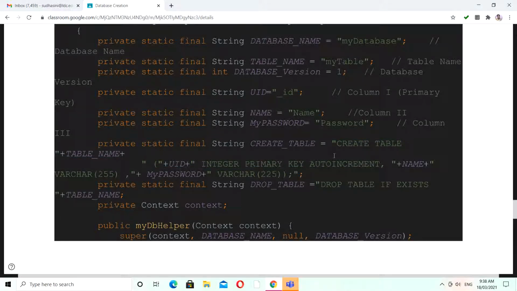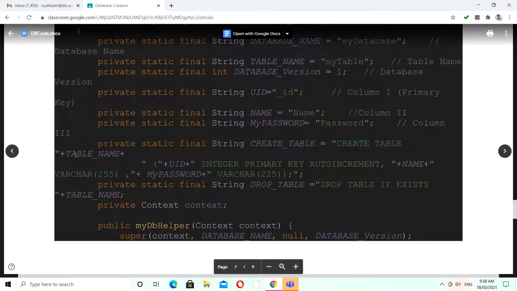So you might know this from the database RDBMS subject. This is the way you have to create your table. This is the query to create your table, which means we have to give a complete query in a string. So, create table, this is the create table statement.